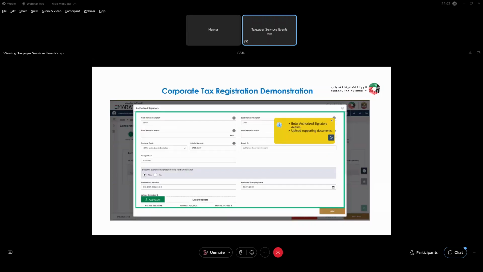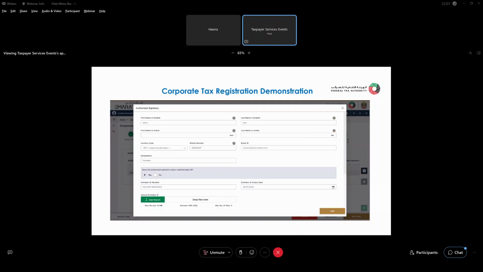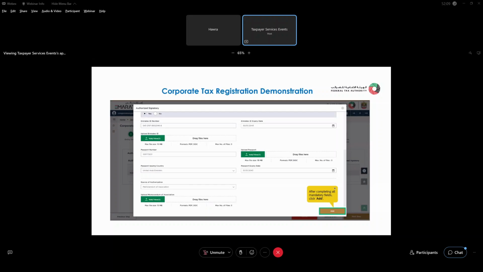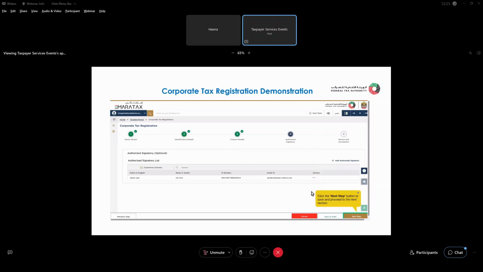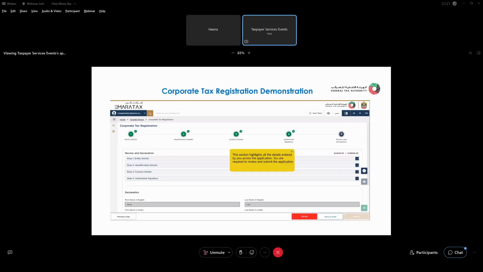You will enter your authorized signatory details and upload the supporting documents. After completing all mandatory fields, you will click on Add, and you can select Edit to edit the authorized signatory, or select Delete to delete the authorized signatory. Once you do, you can click on the Next Step button to save and proceed to the next section, which